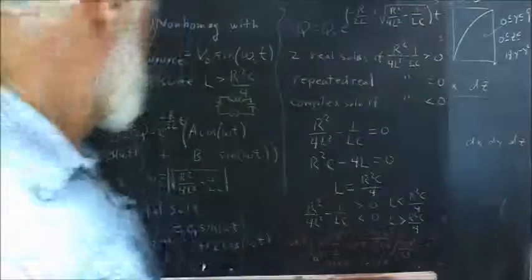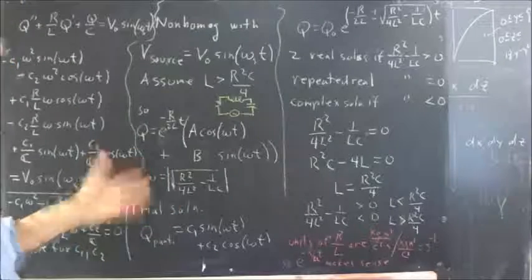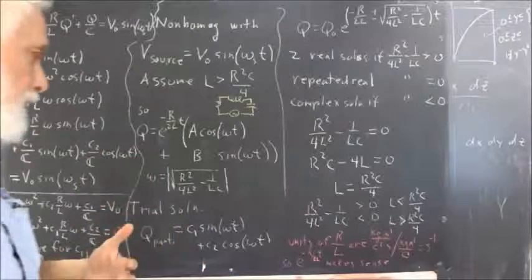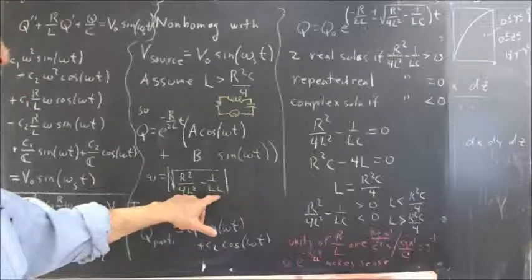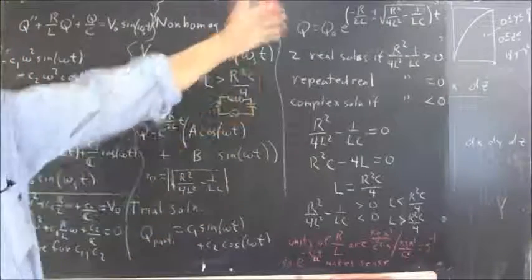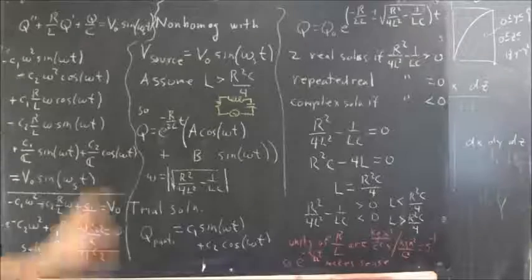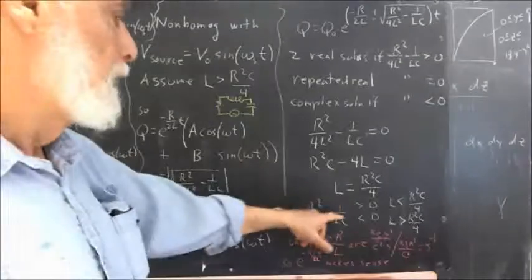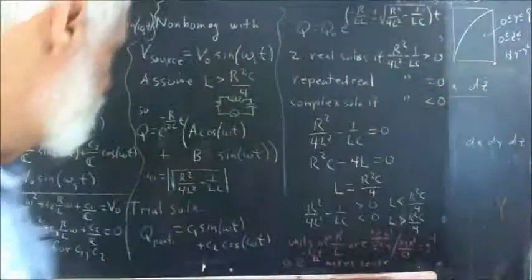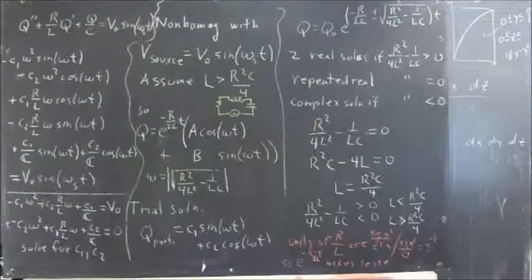So it has a magnitude close to R over 2L, but that won't make the thing oscillate. That would result in a positive term here, and that's going to drive you to exponentials. So you might want to think through what happens in this case, which we're not talking about today. Okay, so we get omega equal this,